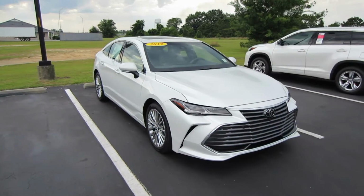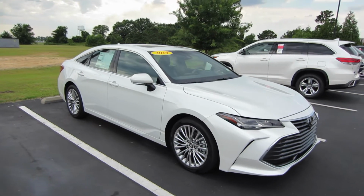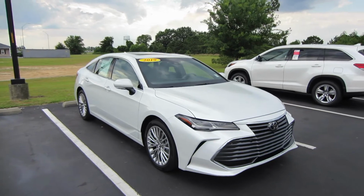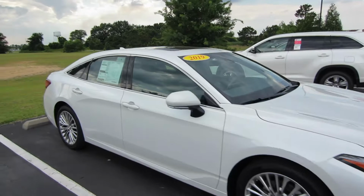And here in front of me we do have the 2019 Toyota Avalon. This one is a Limited trim level. And we're just going to take a brief look at the standout features, whether they're standard or optional, on the new 2019 Toyota Avalon. So let's get a reference point for what we're dealing with and check out the